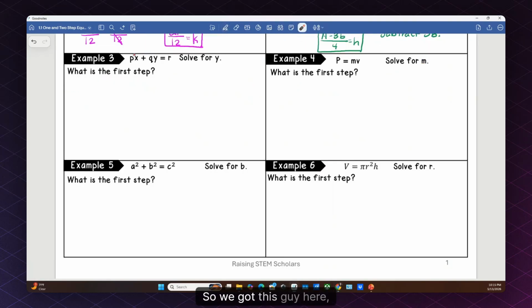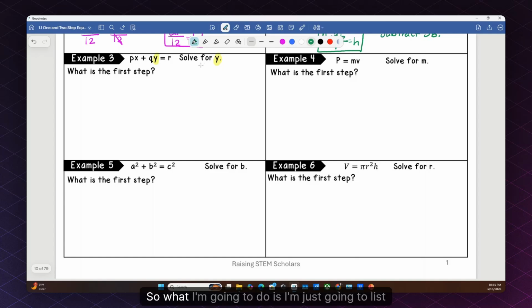Alrighty, so we got this guy here, px plus qy equals r, and it says to solve for y. So I am going to highlight this real fast. My y is right here. So I need to get that by itself. So what are the layers that I need to do that? And so what I'm going to do is I'm just going to list what's close to my y. So the closest thing is